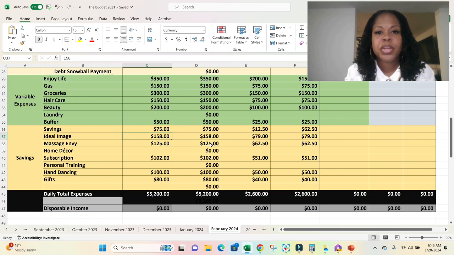And so you always want to make sure that you know what you're going to be doing with your money. Where is it going to be going? Do I even have enough money to do all the things I need to do? Look at your calendar. Is it anybody's birthday? Are there any events coming up? Baby showers, weddings, whatever. Make sure you have a plan for those things so that you're not thinking about it at the last minute. Also, don't even just think about the next month. Think about the next 3 months.